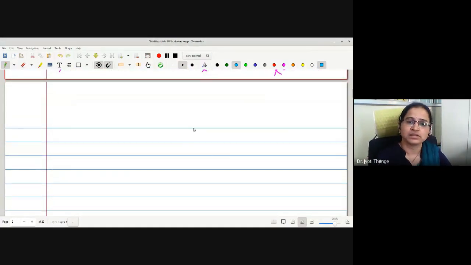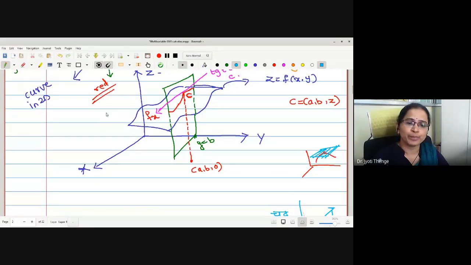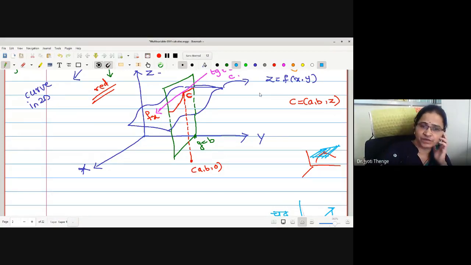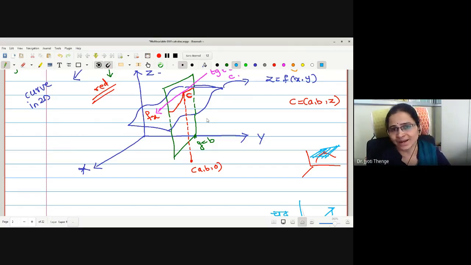If you repeat the same process by keeping y constant, what kind of nature will you get? Same, na? Again you will get a curve, and whatever derivative you find will give you the value fx and fy. Means it will be the rate of change of the function in the y direction, or the slope of the tangent at a given point, where the tangent is taken in the y direction.